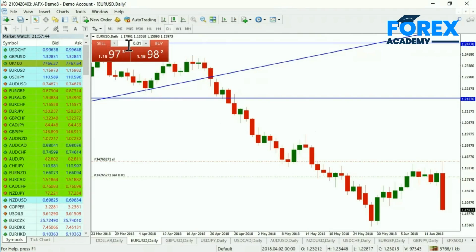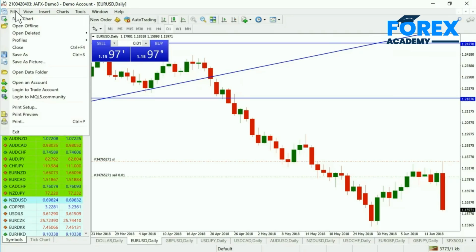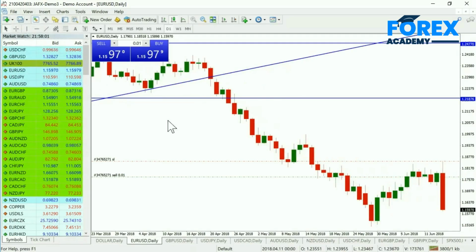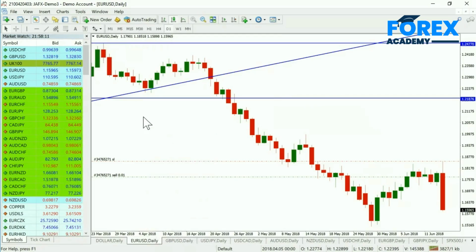And just the final piece of information before we optimize your platform is if you go up to view, what you are able to do is, sorry, let me retrace. This is one-click trading, and again I'll come on to that very, very shortly. But if you want to remove that from the chart, you actually right-click on the trading chart itself, and it will remove